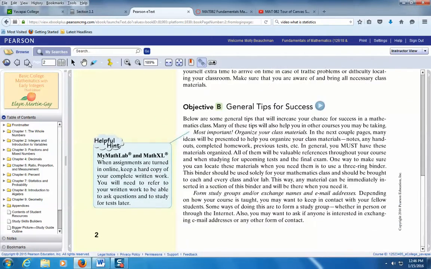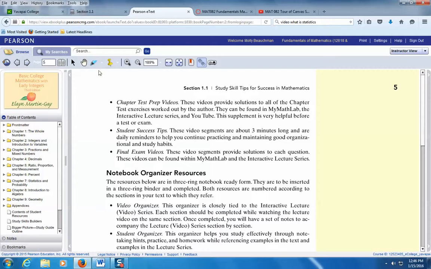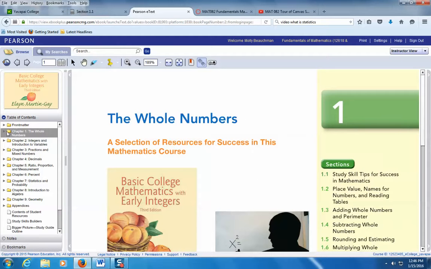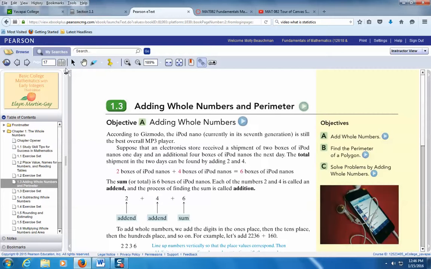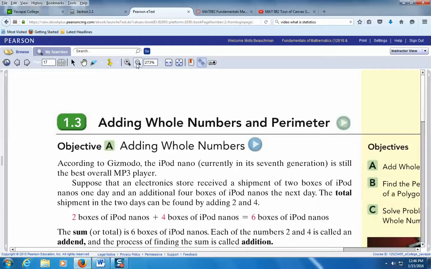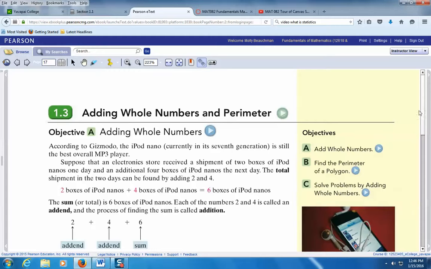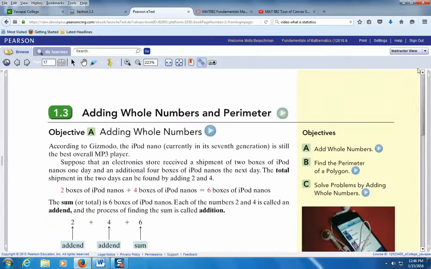So your entire textbook is housed within MyMathLab. You click up here to take a look at and click through the pages. You can also use this over here. If you want to go to, say, section 1.3, you can do that. If you want this to be out of your way, you can click Hide Navigator. If you want the textbook to be bigger, you can zoom in or zoom out. But your textbook is in here, so you can go through, read the book,